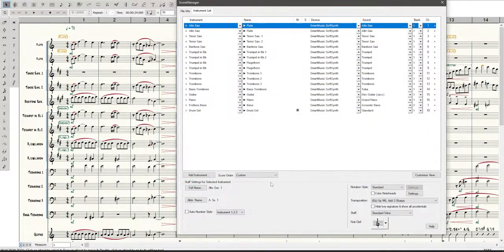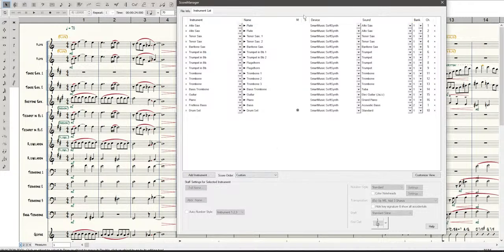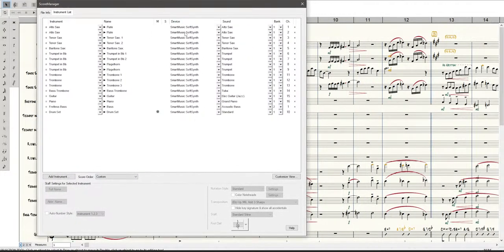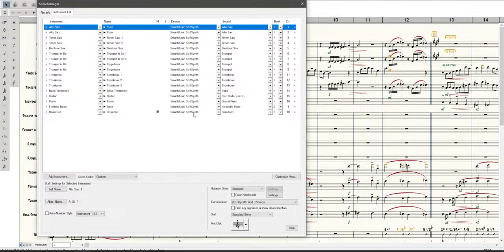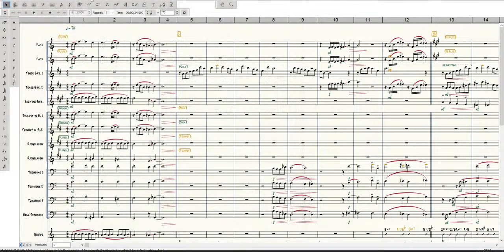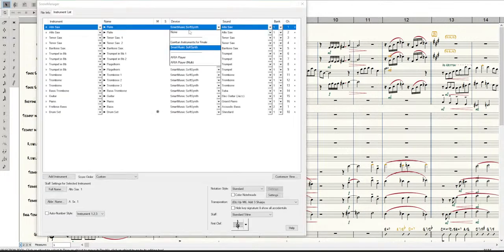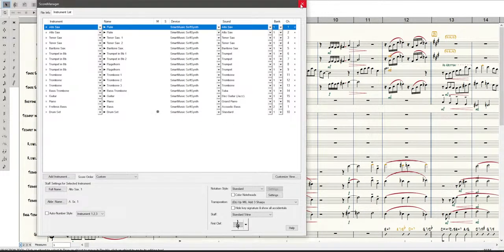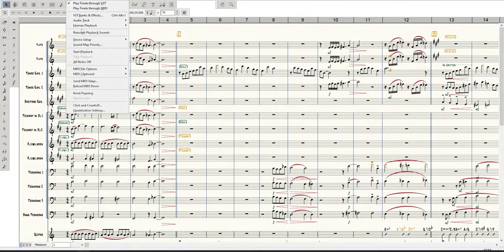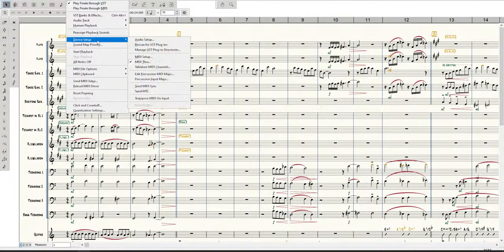All right. Change number one. So now I've got the score manager pulled up. You can see that it's all under the Smart Music Soft Synth. I don't really want to do that. So I could go through every one of these and change it to Garrett Instruments or Aria Player. Or I could